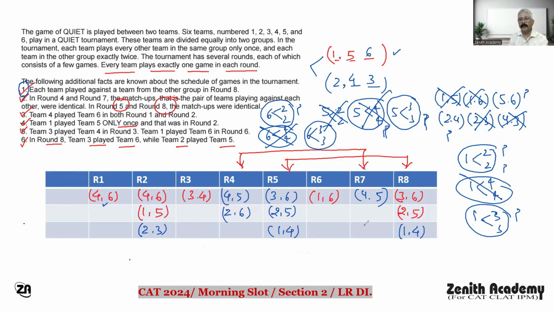2-6 and round 4-7 are identical, so this is 2-6. And as you decided that 2 is playing with 6 in round 4 and round 7, right? So first of all, cancel it. So you cancelled 4, 5, 2, 6. So who is left? 1 and 3, and 1 and 3. Get it? Right? So now look here. This is complete. Now what is left? 6 has 2 matches with 3. So 6-3, this 3-6 is done, this 3-6 is done, so this also gets cancelled. It is okay.